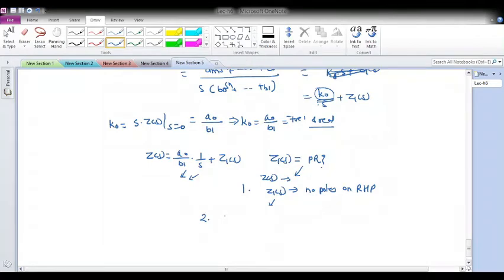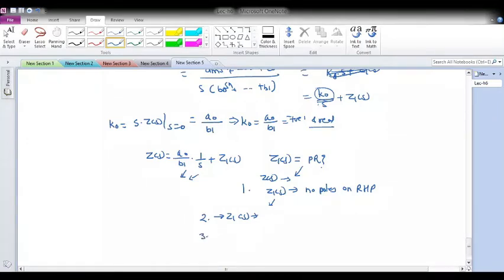also we know that z of s was PR. And if that is so, then z of s might have simple poles on the imaginary axis, and residues will be real and positive. So there also z1 of s will have simple poles on the j omega axis, and their residues will also be positive and real. So it means z1 of s has simple poles on the j omega axis, and their residues will also be positive and real.